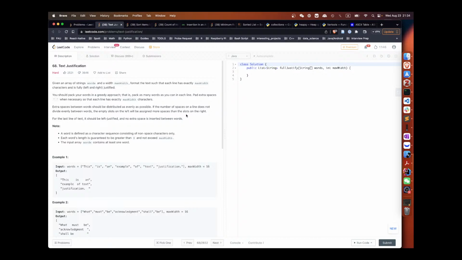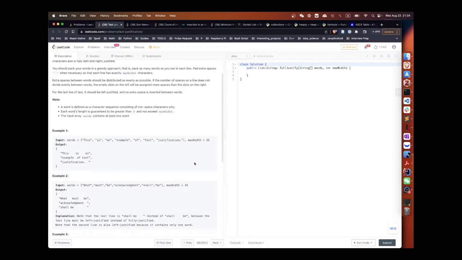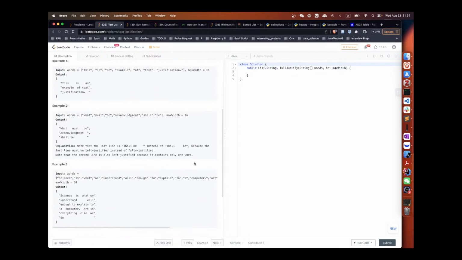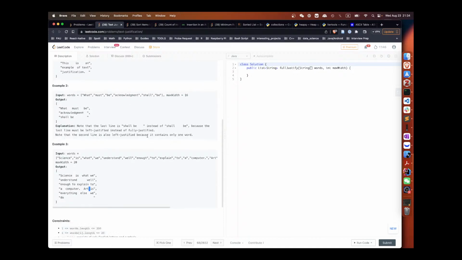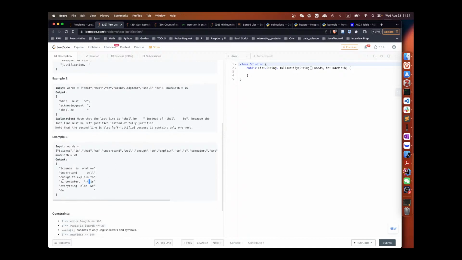What if we have multiple? 2, 2, 1. So that's what it means. The ones on the left should be larger than the ones on the right.